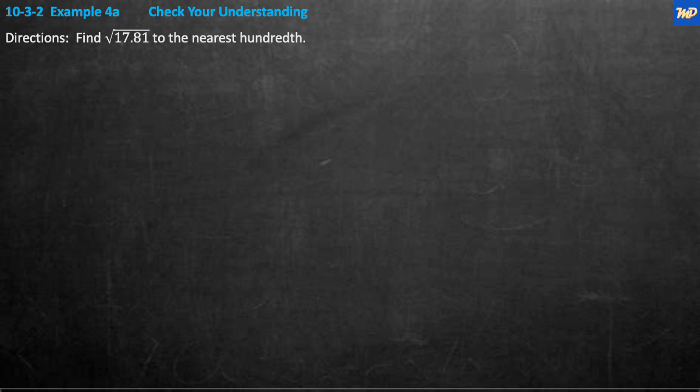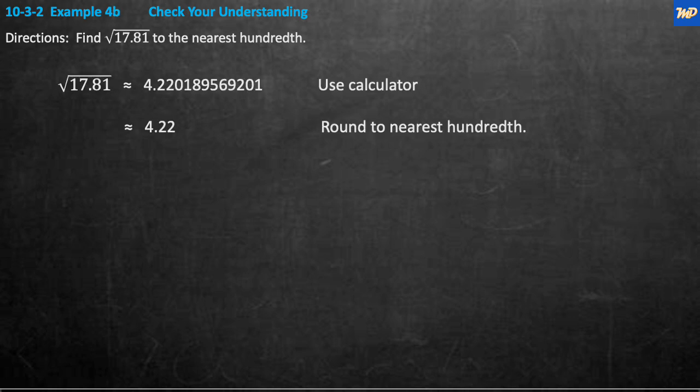Well, I've taken the time to do it ahead of time. I've plugged it into my calculator, and as you see, I've got it as an approximation. The square root of 17.81 is 4.220189569201 using the calculator. But rounded to the nearest 100th, we're going to go back and look